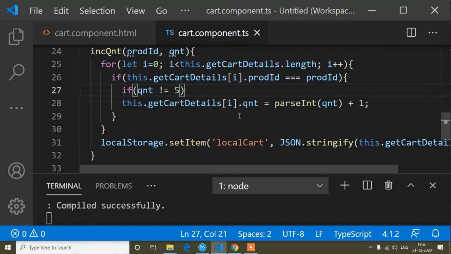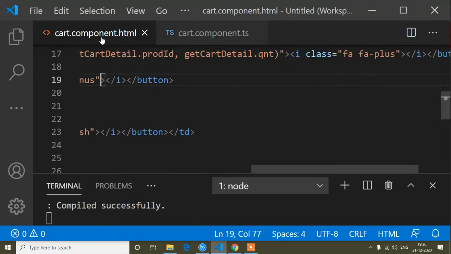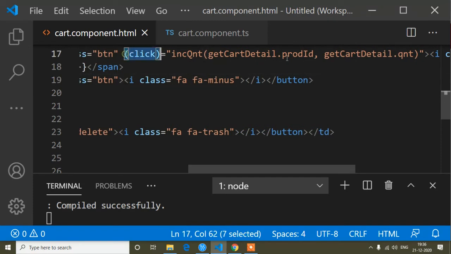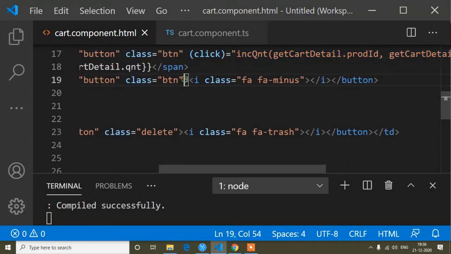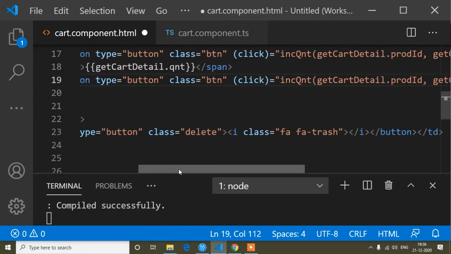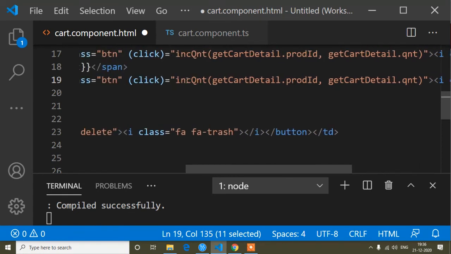Okay, and now I have to write the decrease one in the same way. So first of all, in the HTML file, I have to copy this method name and paste it in the decrease button. So you see this is the decrease button, and now I just have to change the method name.